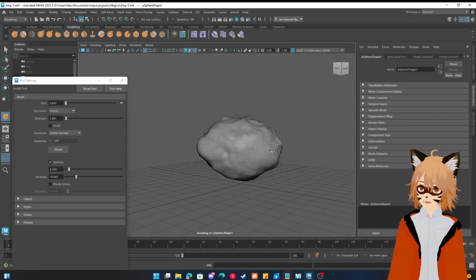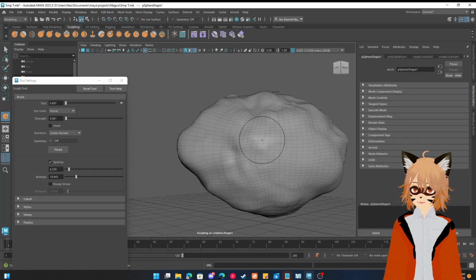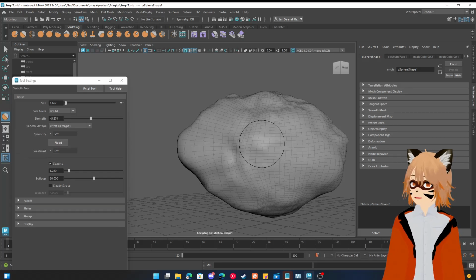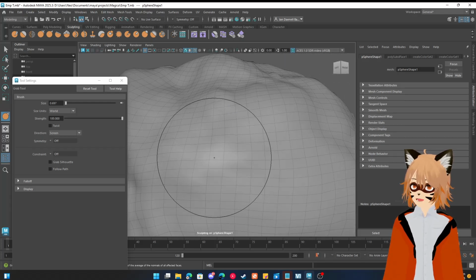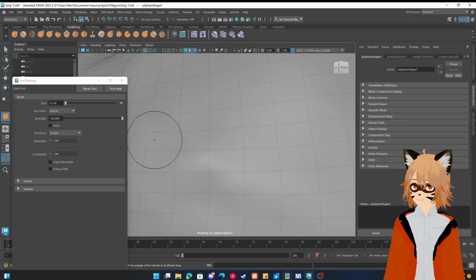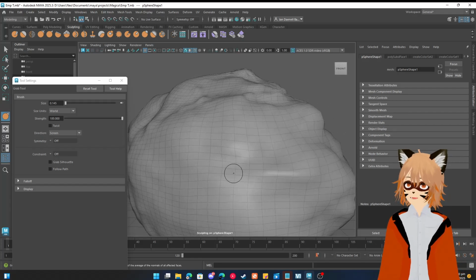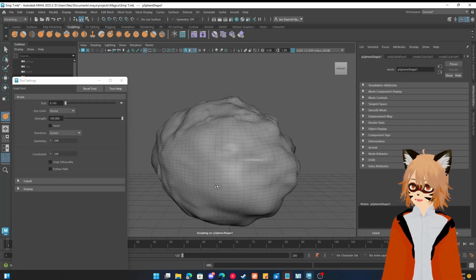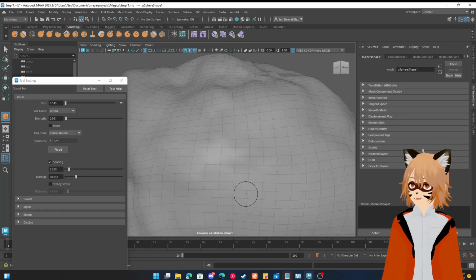So perhaps because this is an asteroid, let's say this is one of those very big asteroids. Let's try to make a way to create craters. So what we're going to do is maybe let's go on to the grab tool, decrease the size and increase the strength. Okay, wait, sorry. If this is the grab tool, we're just moving around the vertices. Let's say I would like to create some craters in this. I think it would be much better if we use the sculpt tool